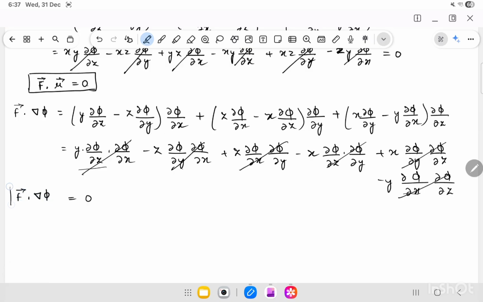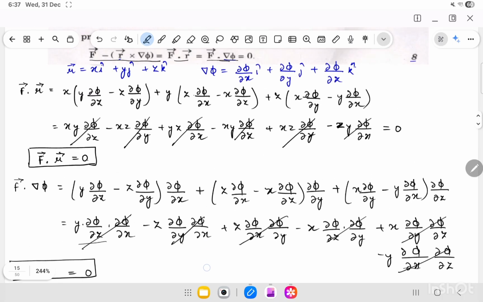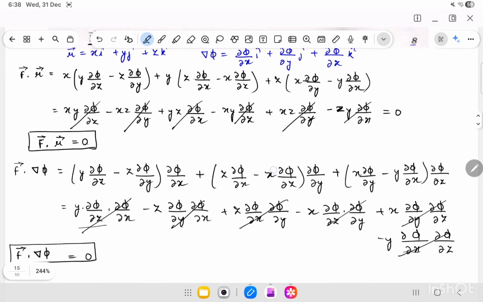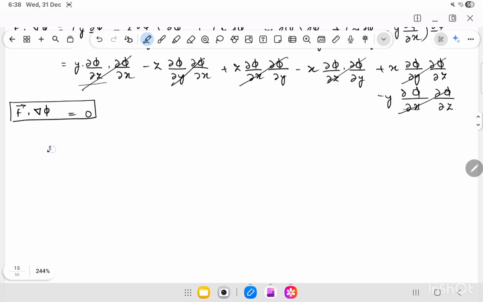So now we are left to show the third relation, that is, f vector minus the cross product of r vector with gradient phi is equal to 0. In order to evaluate it, first we need to find the cross product of r vector with gradient phi. So the cross product of r with gradient phi will be equal to the determinant with rows i cap, j cap, k cap, x, y, z,